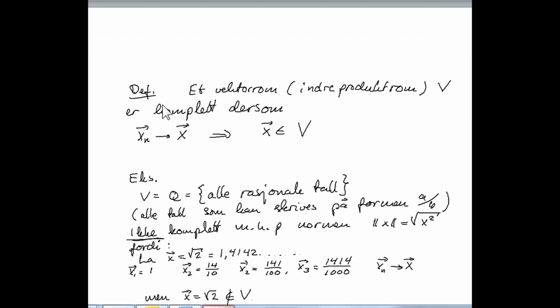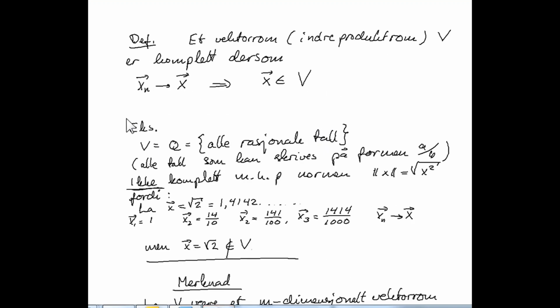Let's turn to some definitions. A vector space or an inner product space, capital V, is complete if any sequence of vectors xn which converges to x has the property that x also is a member of V. So if we just take some example,